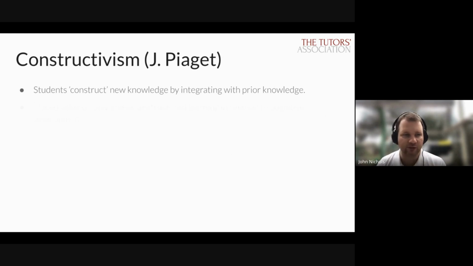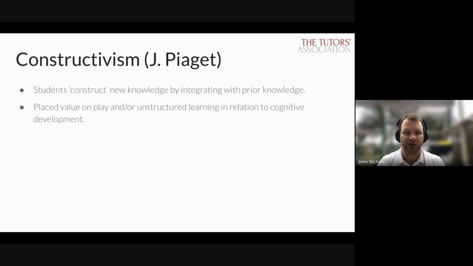And an innovative part of what he was suggesting was that prior knowledge didn't just include things that were taught in a classroom. Obviously, there was a point at which students weren't ever in a classroom before, because they've been very young children, haven't been in formal education environments before. So Piaget was encouraging people to also place a value on play and unstructured learning that provided the initial framework that students have before they come to a formal learning environment. So this was perhaps one of the more innovative aspects of constructivism, where Piaget was stretching the definition of education and learning back towards things that weren't traditionally called education and learning.